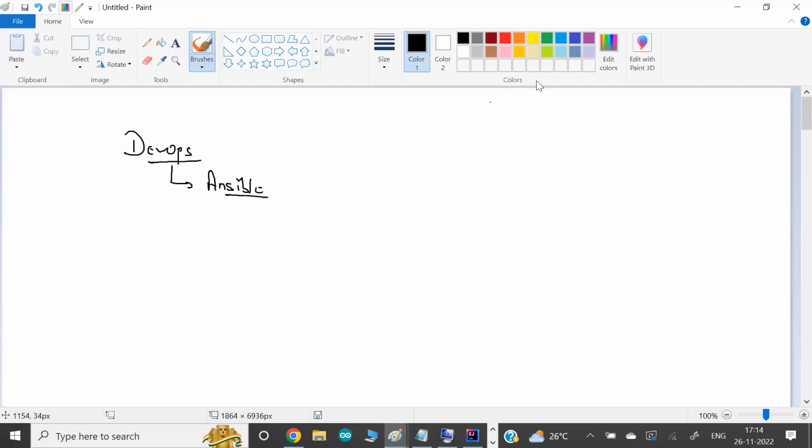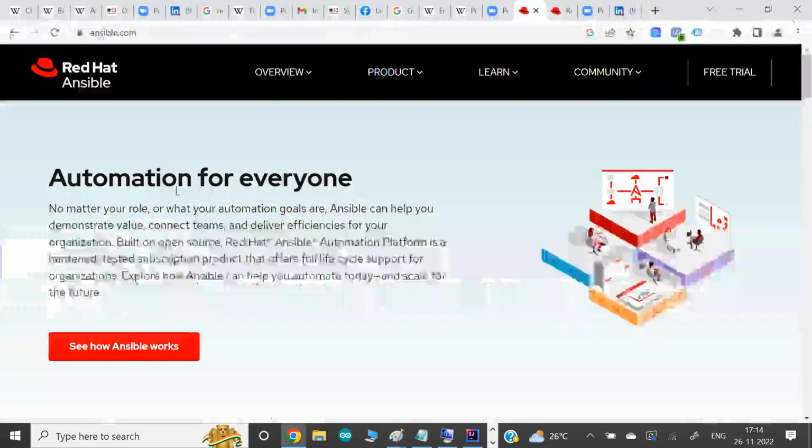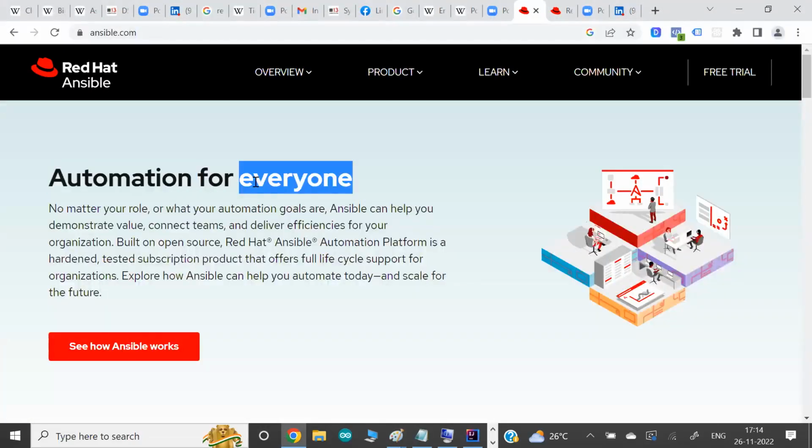Again, this training is not exclusive for DevOps, but you can think Ansible is a tool that we are going to learn in this training, and this entire training will be based on Ansible. Ansible is considered as one of the DevOps tools that we use in the DevOps environment. What is DevOps? Maybe we might discuss something about it in the future classes. Okay, let's talk more about Ansible. So Ansible's official website says it is automation for everyone. What is the meaning of this term?